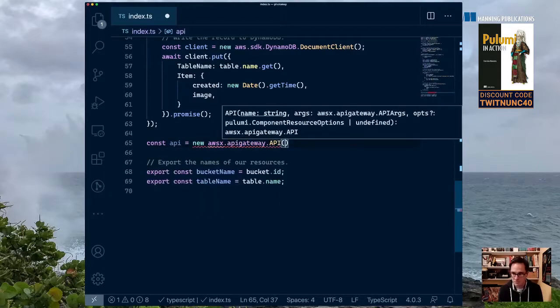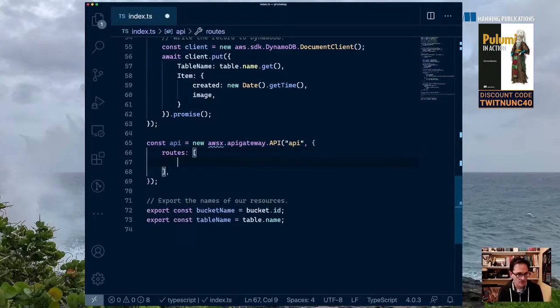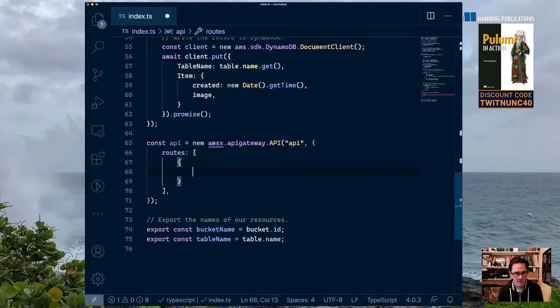There we go. And the properties that I want to pass to customize that API instance are going to consist of one property mostly, which is an array of routes,